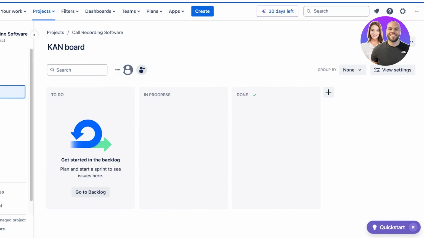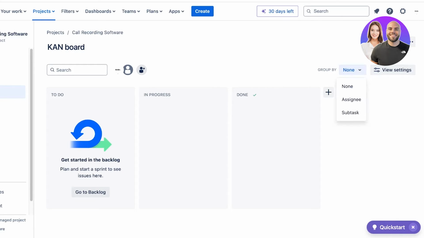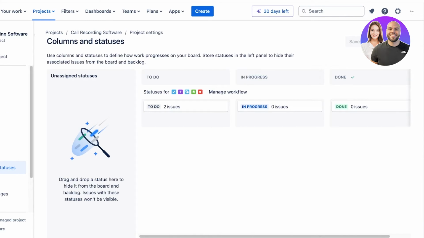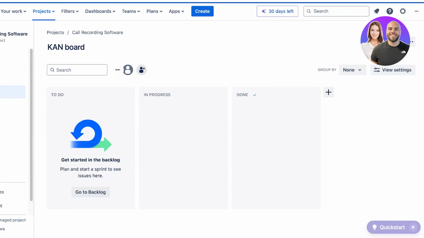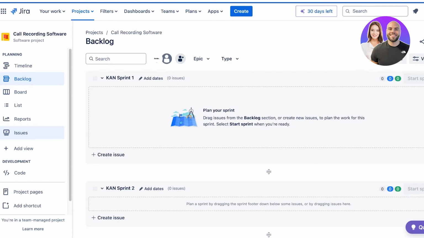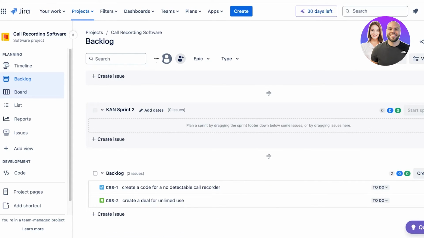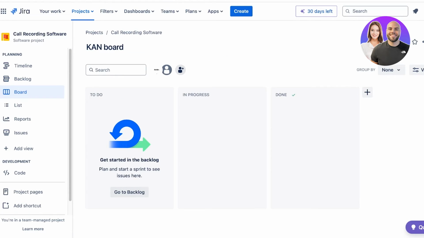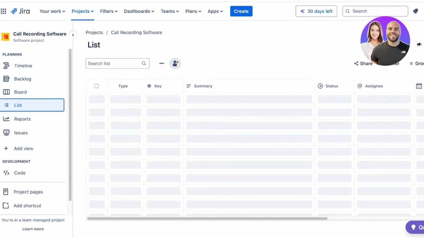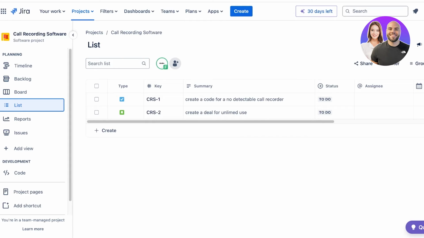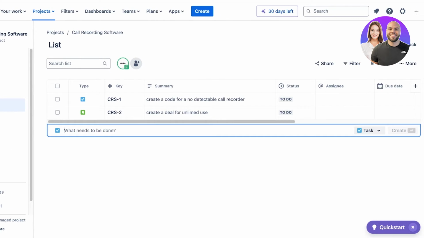Now, after that, if you take a look at your board, this is an empty board and we can go ahead and configure this as well to customize the statuses that it is going to display. So because I have turned on sprints, I can't directly work in my board, but if you find this to be annoying, that your sprints are not allowing you to work in your board, you can always go back and remove your sprints. Or you can always go into list and then click on create and add your tasks,